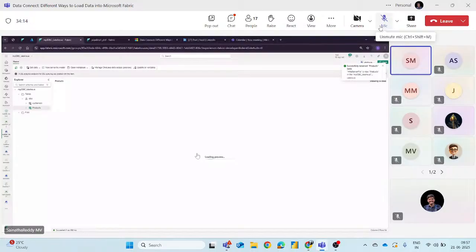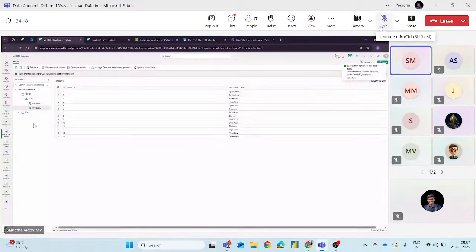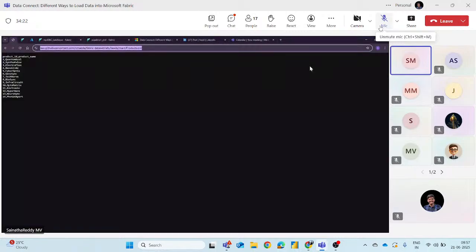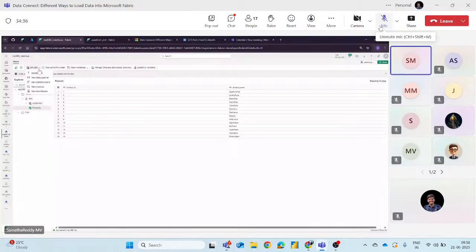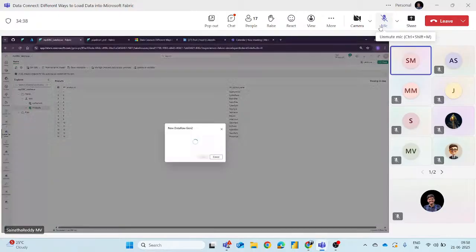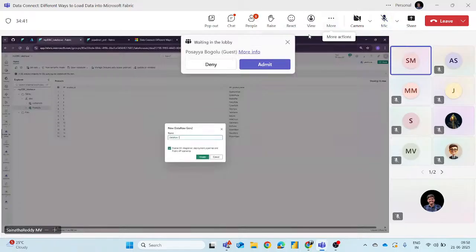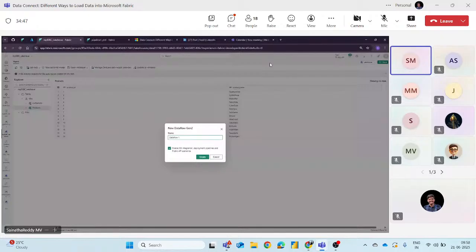Let's bring two tables. Next, we can bring region-related information into our lakehouse. I just want to bring it through another data source, Dataflow Gen2. Anyone from a Power BI background will know about this Dataflow Gen2. I really like this one. This is a wonderful tool. We are habituated to it; it is nothing but our Power Query, Power Query in the cloud.